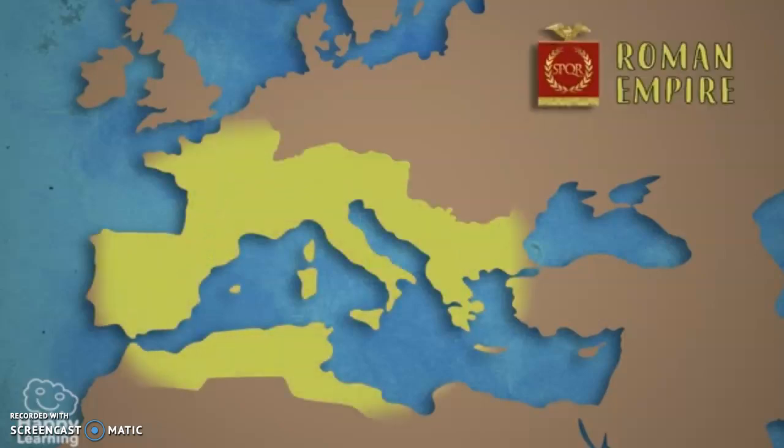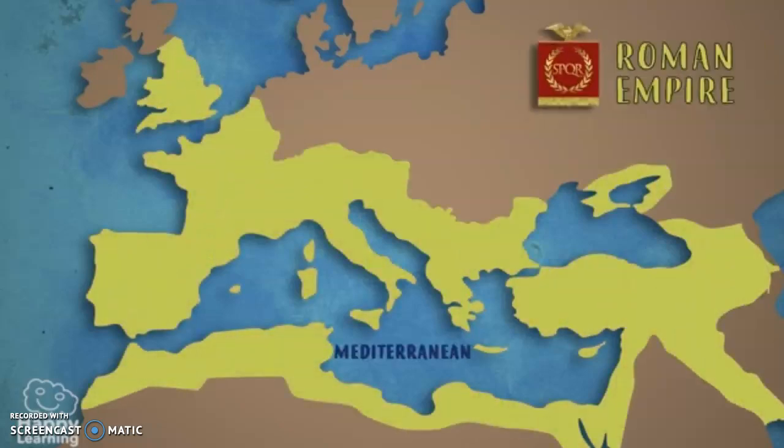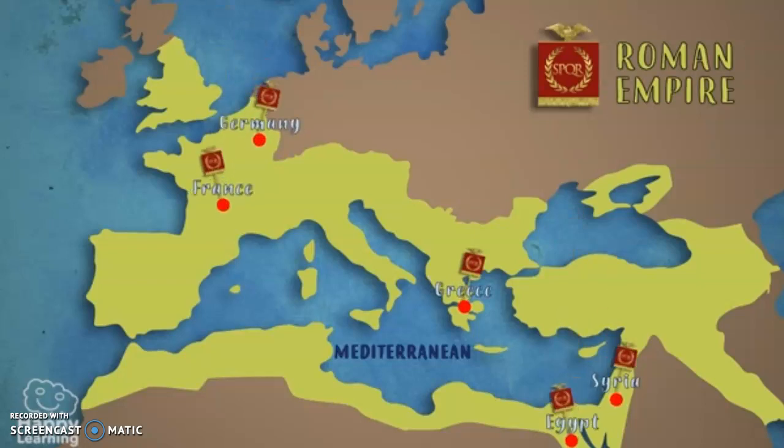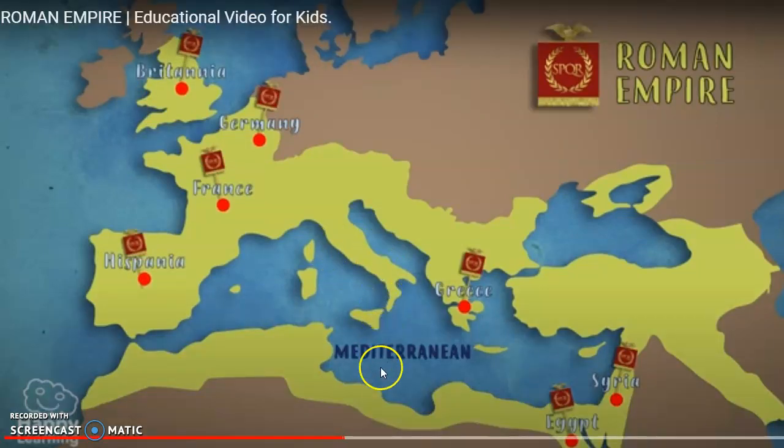The Romans conquered all the nations of the Mediterranean: Greece, Egypt, Syria, France, Germany, and also the Iberian and Celtic people of Hispania. They even arrived in Britannia, now known as England. Okay, so they had very good soldiers, a very good army. They used to travel everywhere and conquer the earth. Even Syria, even Egypt. Yani look from where they came. They came from here, and they went all over, even to Iraq, even up to Britain.